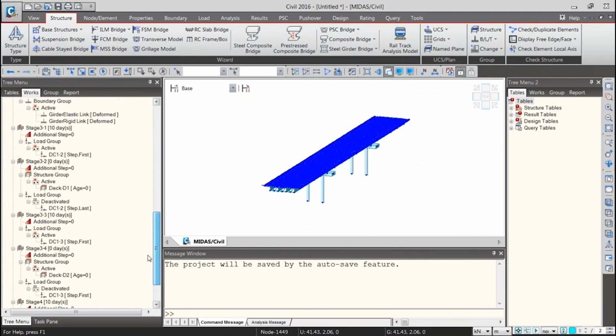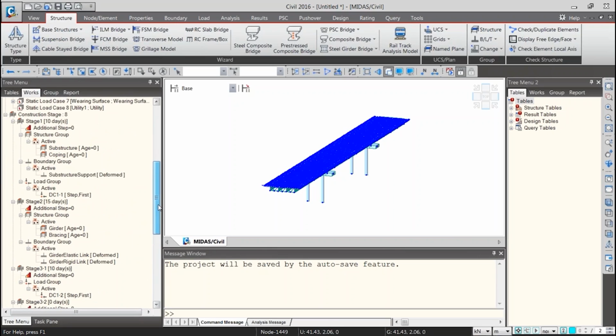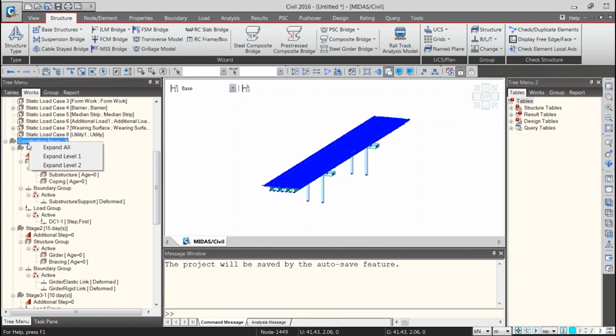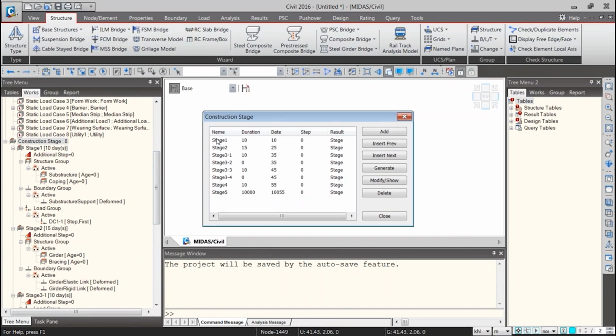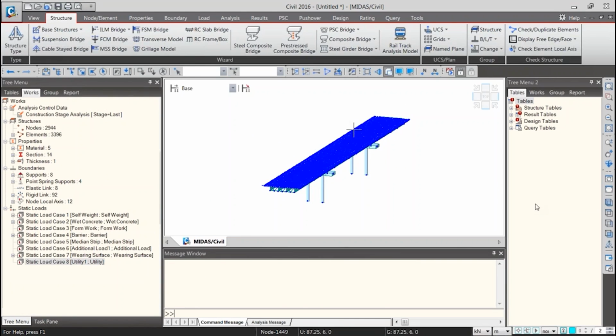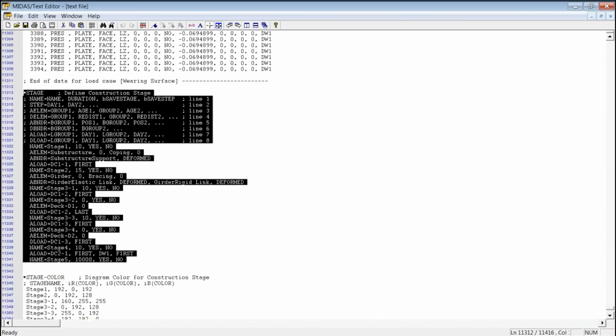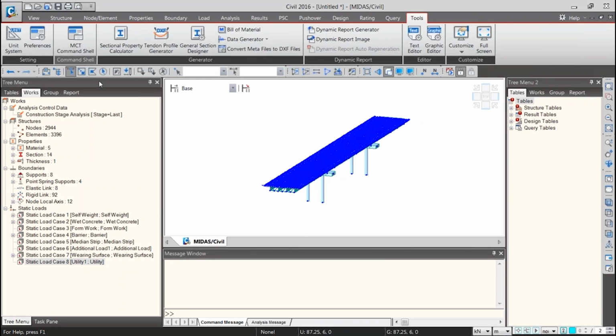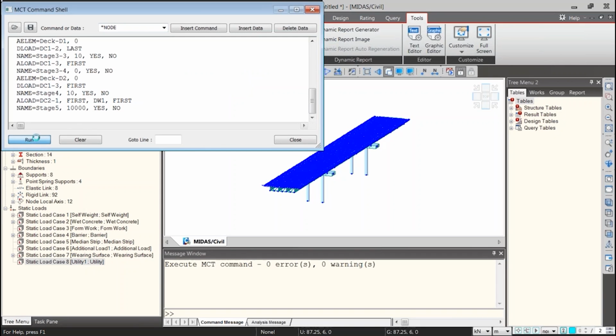Yeah, probably we don't have the group information, so it's not accepting. So I will delete all these things just to show you if you have to give the construction stages. Now if we copy, go to MCT command cell.